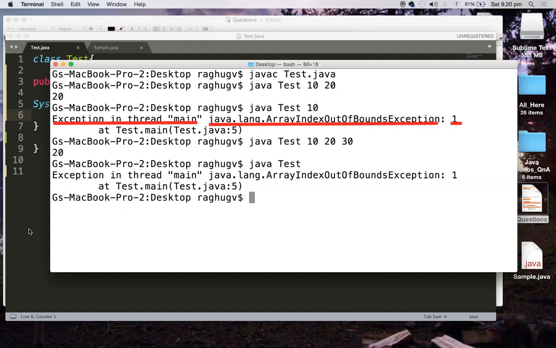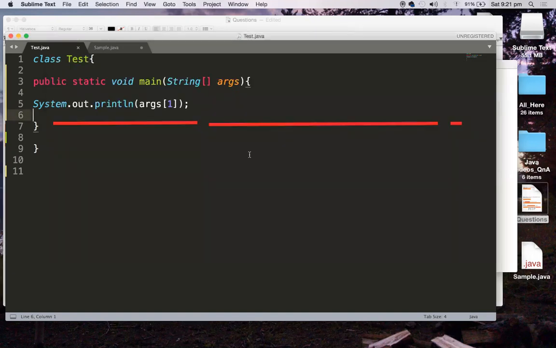When you pass fewer arguments than you are accessing, you end up with ArrayIndexOutOfBoundsException. If you pass more, there is no issue, but if you pass fewer, you will land in ArrayIndexOutOfBoundsException. Hope you have understood this answer.